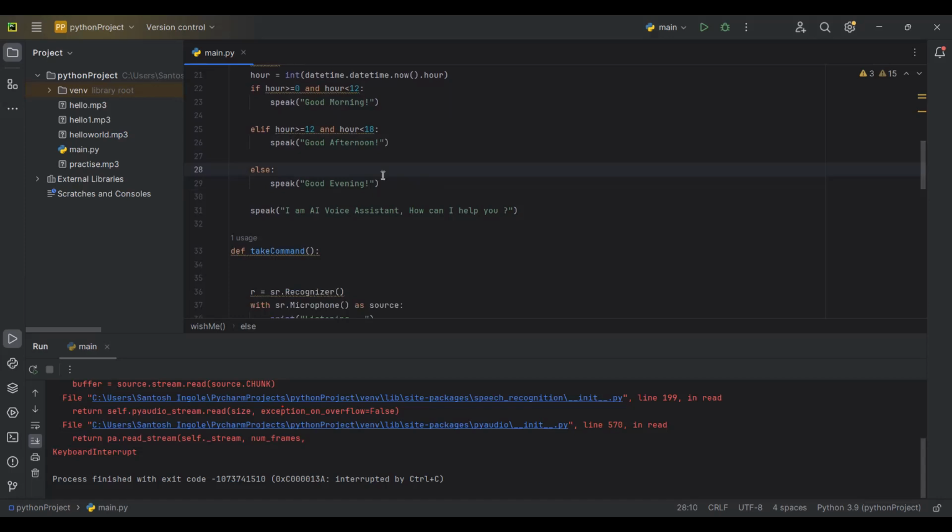Next, line number 31 is very important. Through this line, you can give a name to your AI assistant. You can add some startup command to your AI assistant. For example, whenever it wishes me, after wishing me it will say some line. What line do I want? I am AI voice assistant. How can I help you? So I want this line, so I added this line. For example, I want to change I am